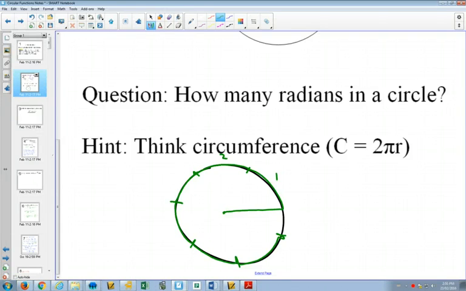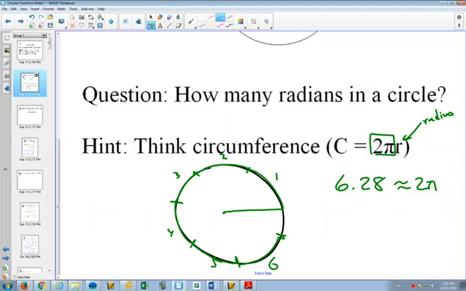And 1, 2, 3, 4, 5, 6 pieces of string would not be enough to go all the way around the circle, but if you take out your 7th piece of string, you would have too much. So it's somewhere between 6 and 7. It's going to be, as a decimal, 6.28. As an exact number, it's 2 pi. Now you have your circumference formula from before, and all our circumference formula is telling us is that there are 2 pi radiuses